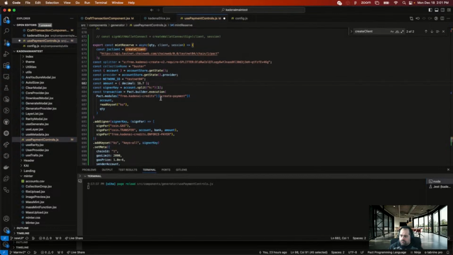Okay, so this is free dot Cadena-create-v2. Oh, that's why it's dash v2. Dot reserve-mint. And actually, you know what?